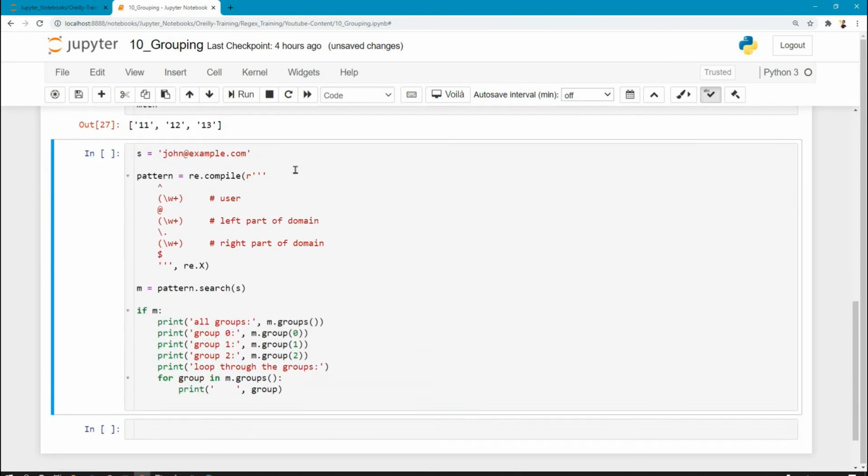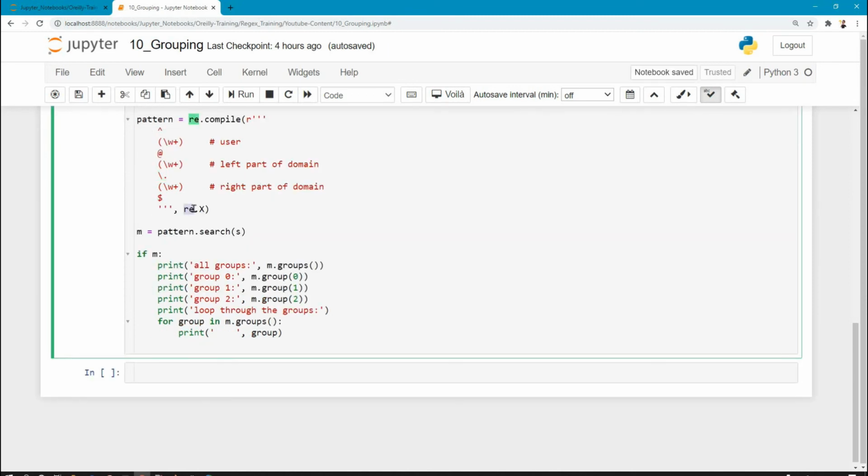Right, now let's look at another example where I have compile. I'm specifying that this is the start and end of the string, inside which there will be 1 group, 2 group and the 3rd group. Against this string, which is an email, so john@example.com. So this is first part, second part and third part separated by @ and a dot.